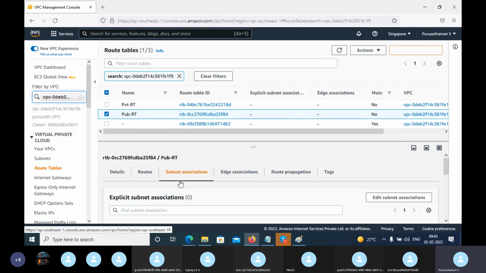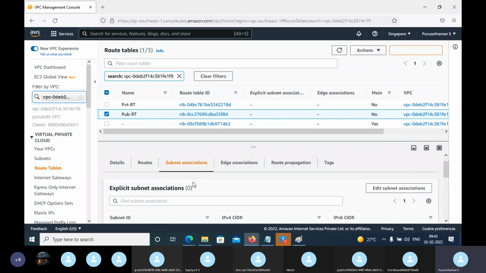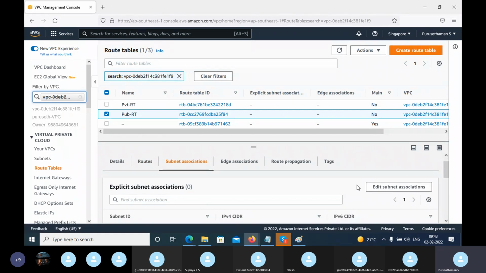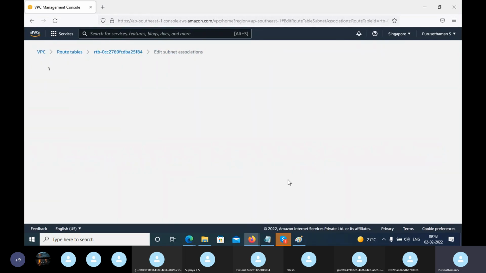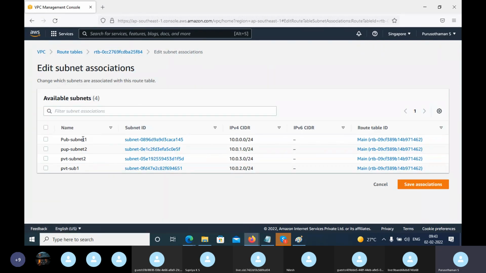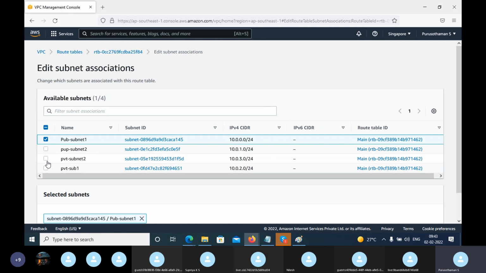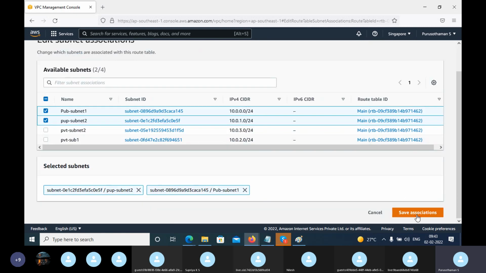Now we can add subnets to this route table. I am choosing subnet associations. Scroll down and see this option, edit subnet association. Click on this and you will find all the subnets available in our VPC. I am selecting public subnet 1 and public subnet 2, and hit save associations.